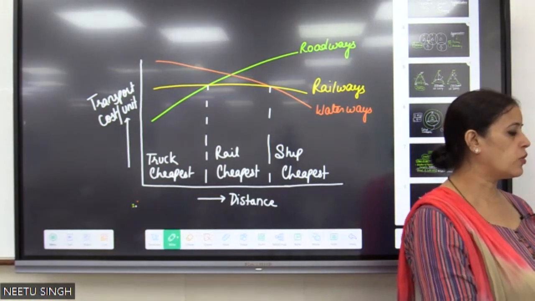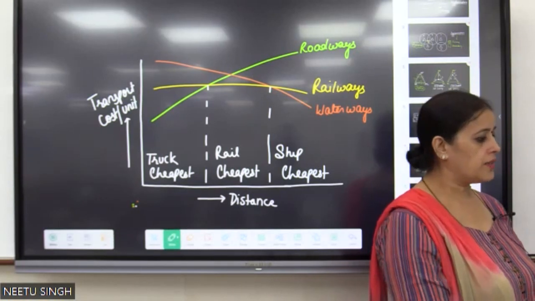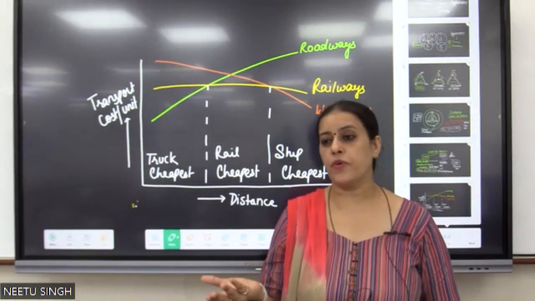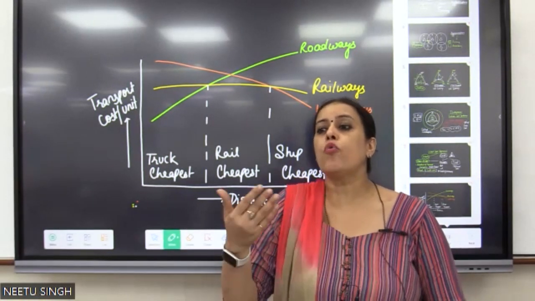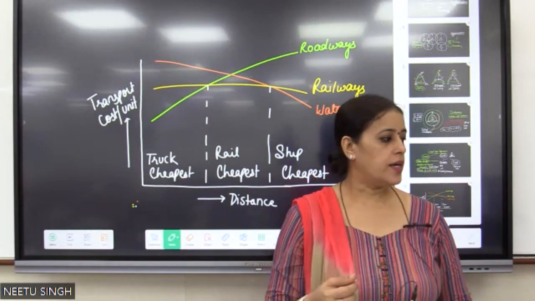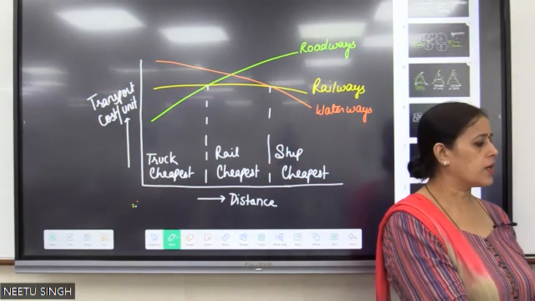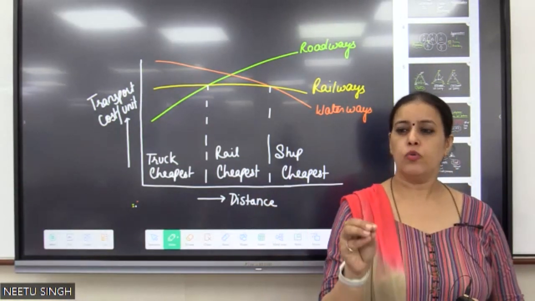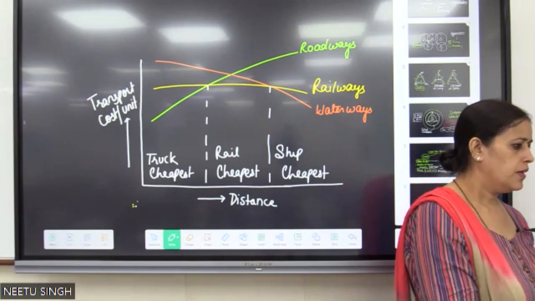I don't need to compare that with Weber, but if the examiner asks, and this question has been asked in examinations, bring out the limitation of Weber's concept and how Hoover or Isard have improved over it. Then you will have to write the limitation and then the improvement. Otherwise, if you are not faced with that question, you are simply answering what are the locational approaches in geography. Then Weber's work, then Hoover's work, then Isard's work. That is how you can write up the things. Come on, class. What is